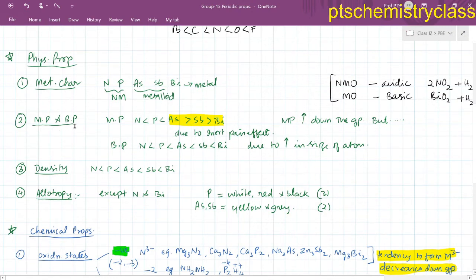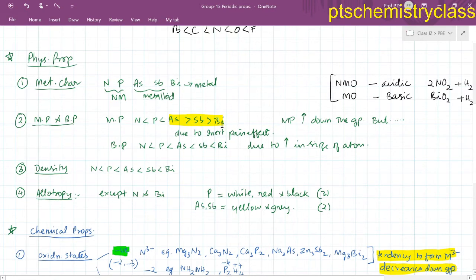Then melting point and boiling point. Again, you can see that the melting point will increase from nitrogen to arsenic, because you know nitrogen is a gas, phosphorus is a non-metal, and arsenic is a metalloid. The melting point generally increases in the group, but if you see from antimony to bismuth, it decreases. Suddenly it decreases. Bismuth will have a lower melting point compared to arsenic or antimony, and this is due to the inert pair effect. The interatomic forces decrease. Although the size of the atom is high, due to this inert pair effect, the interatomic forces decrease,